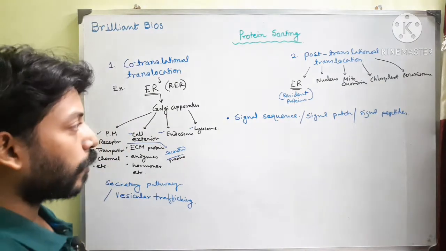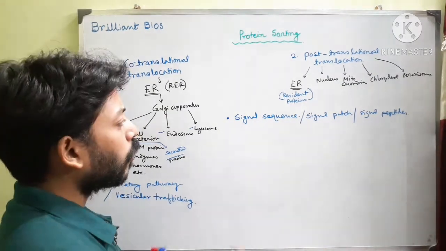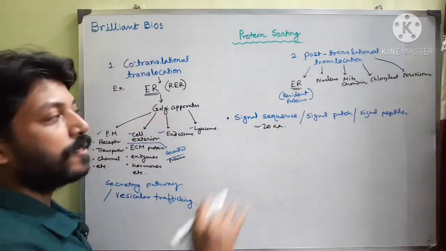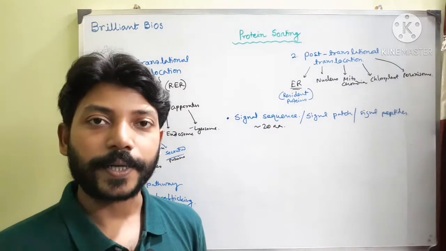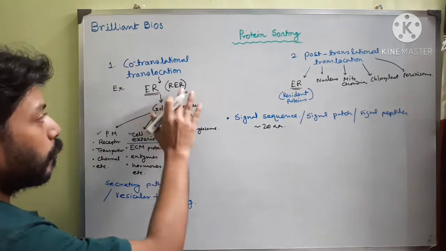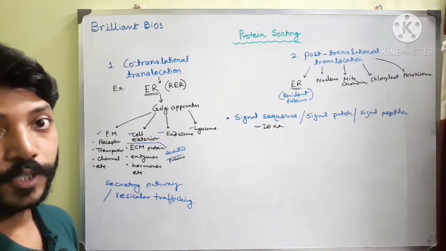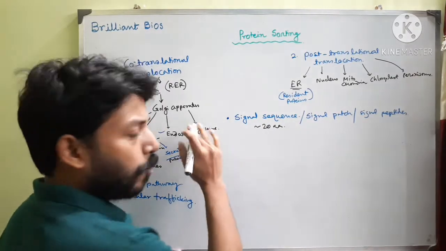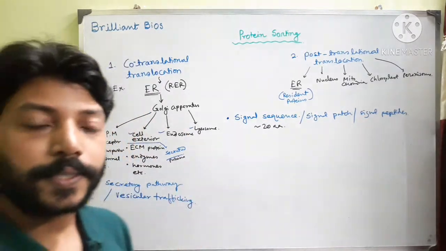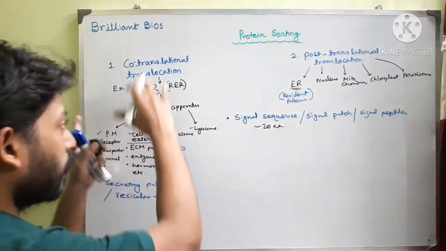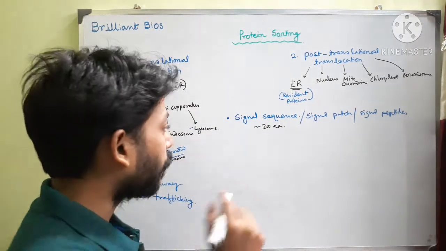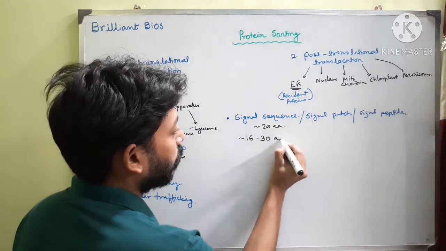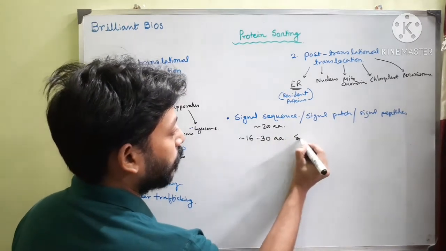The feature of this signal sequence is that approximately 20 amino acids make it up. But I am talking about the endoplasmic reticulum. So what is the feature of the endoplasmic reticulum signal sequence? The secretory proteins that go through this process have approximately 16 to 30 amino acids that act as a signal sequence